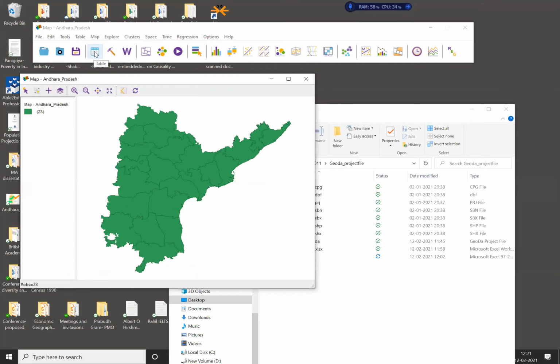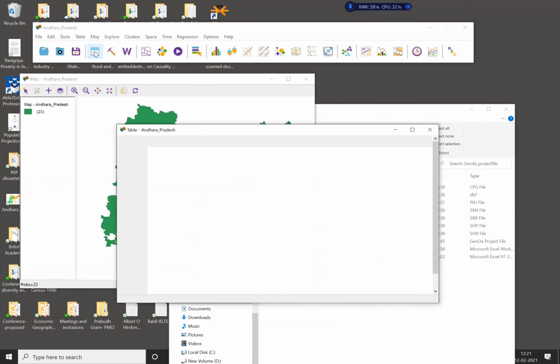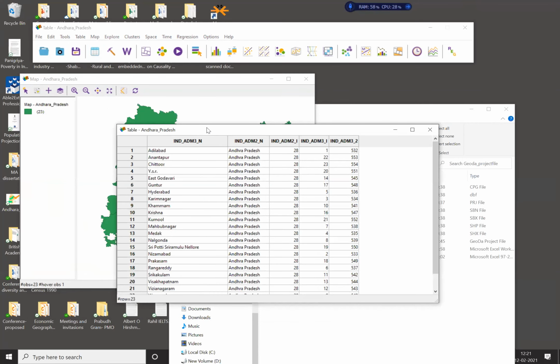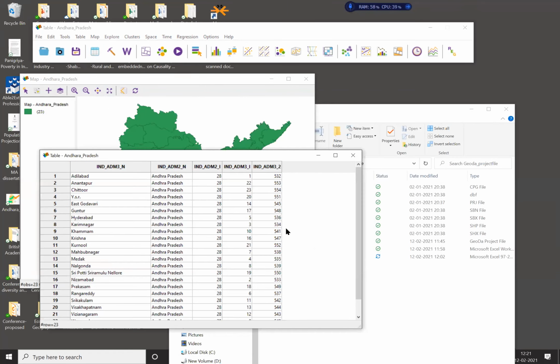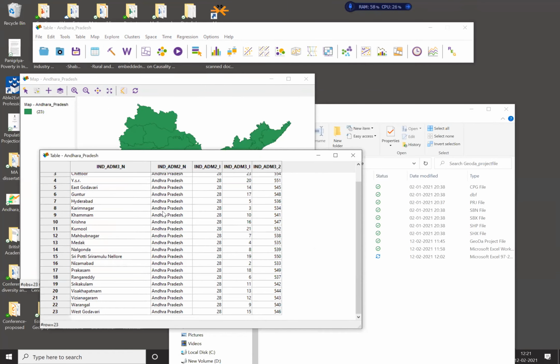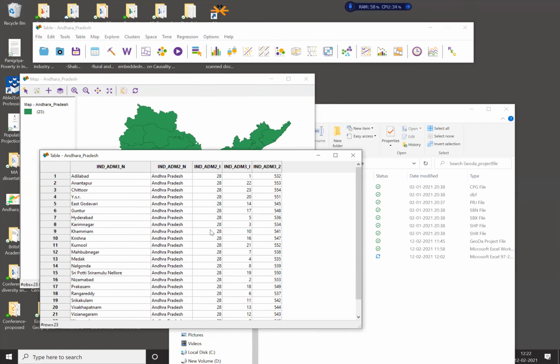You have to open this table, and this table gets open. Now, once this has opened, the Geoda link file which you have saved earlier, basically you are linking that file.